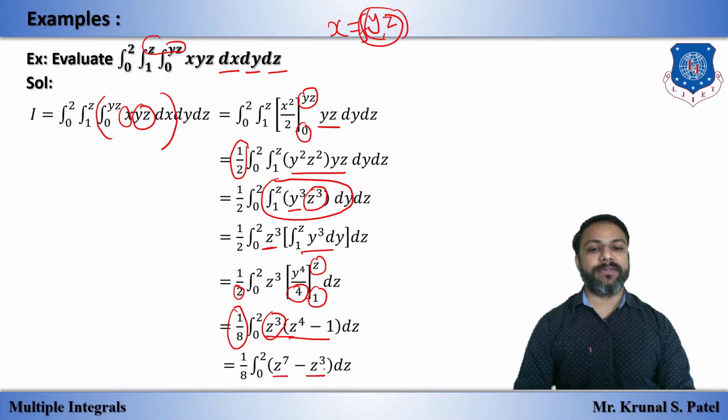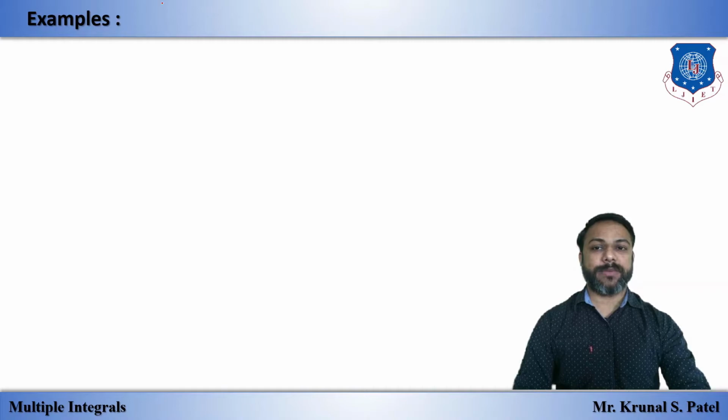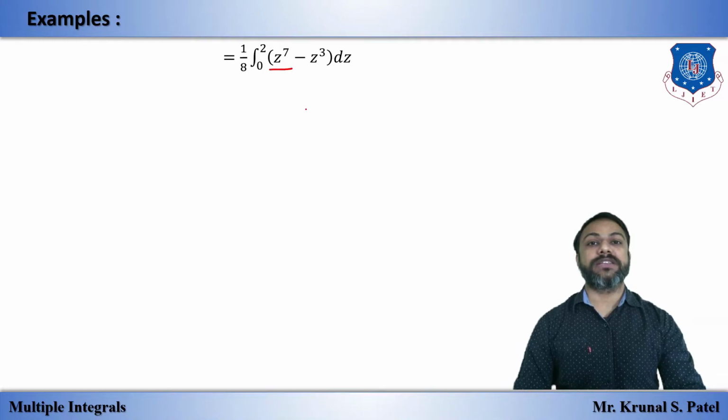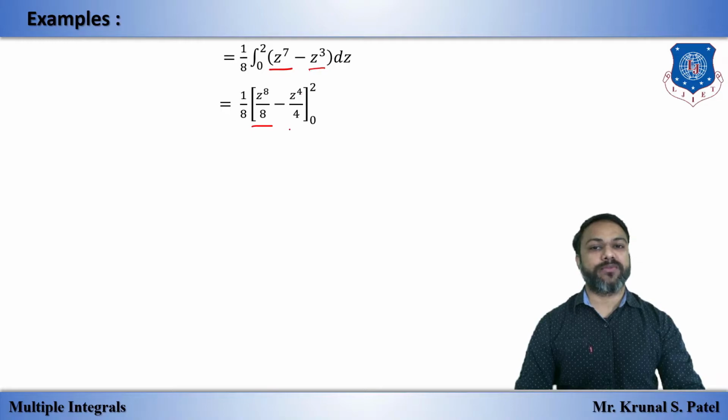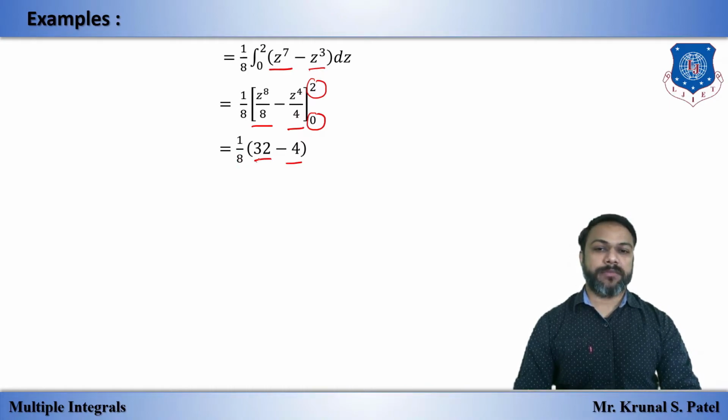Okay, now we integrate this with respect to z. So we have this step, I am just writing again, same step. We integrate with respect to z, so z raised to 7 becomes z raised to 8 by 8, and z raised to 3 becomes z raised to 4 by 4. Now 1 by 8 as it is, upper limit minus lower limit is 0, so we have 0, and upper limit if we put 2, so 2 raised to 8 by 8, and 2 raised to 4 by 4. By simplifying this, we have 32 minus 4, and subtracting this, we have 7 by 2 is the final